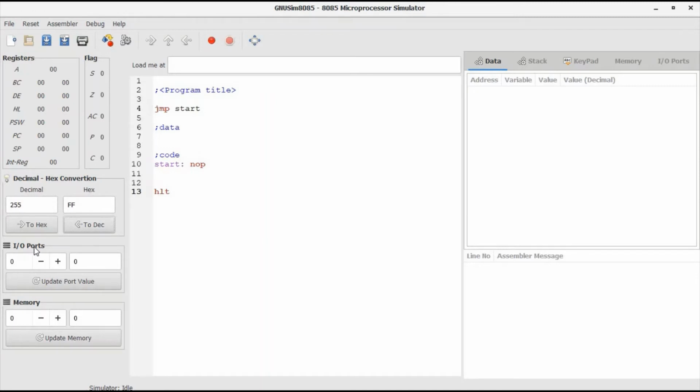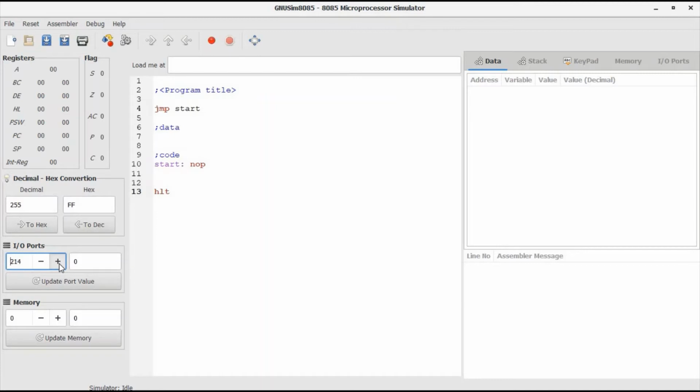Below this it is IO port. In this we can select 0 to 255, means total 256 IO ports. You can increase this 1, 2, 3 and take up to 255. You can take a total of 256 input output ports for the 8085 microprocessor.